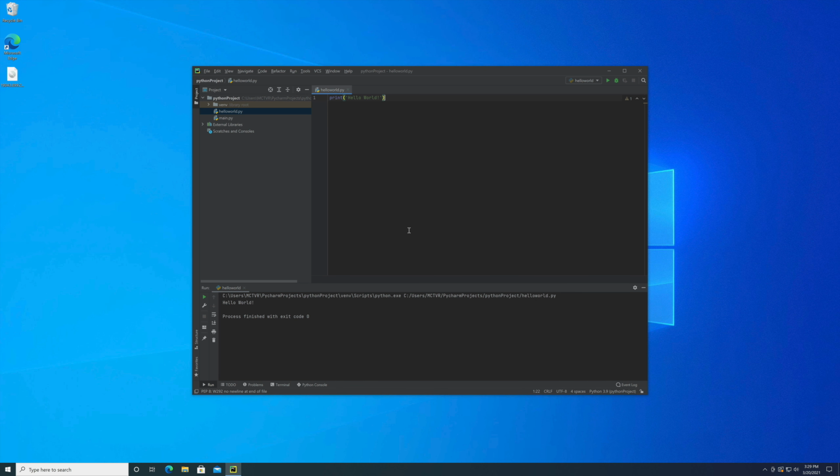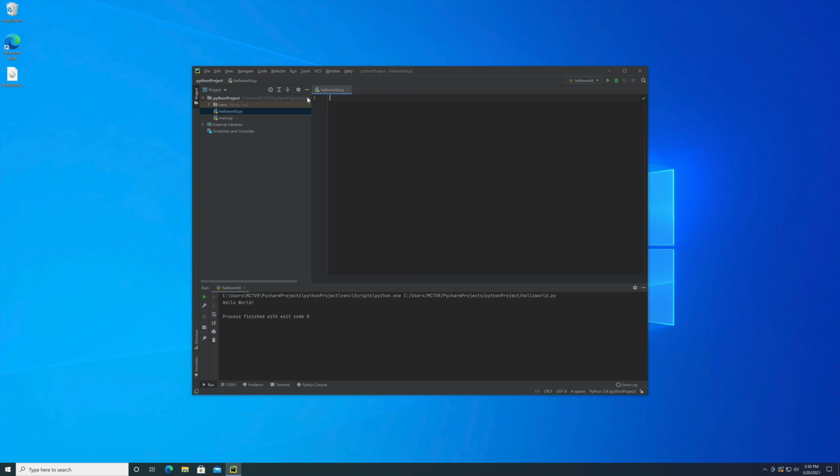With Python you can also create a huge number of projects. It's very suitable for back-end web development, you can also do scripting with it, and also software development and mathematical computations. And with every programming language, the first thing you need to learn is how to create a variable.